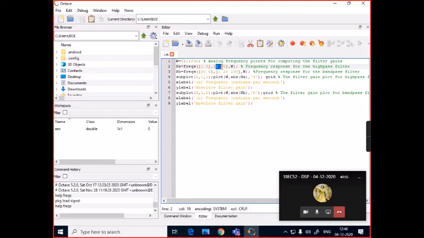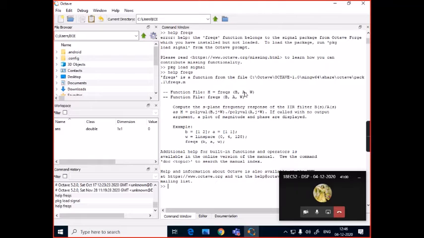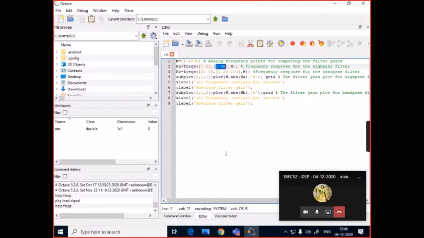The second argument is A, the coefficients of the denominator. The denominator polynomial in the transfer function of the high pass filter was S plus 40, so the coefficient of S is 1 and the constant term is 40.